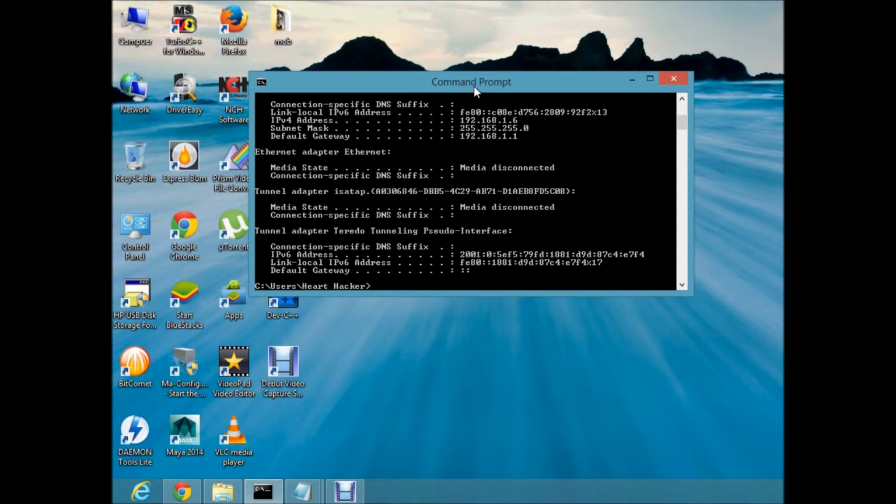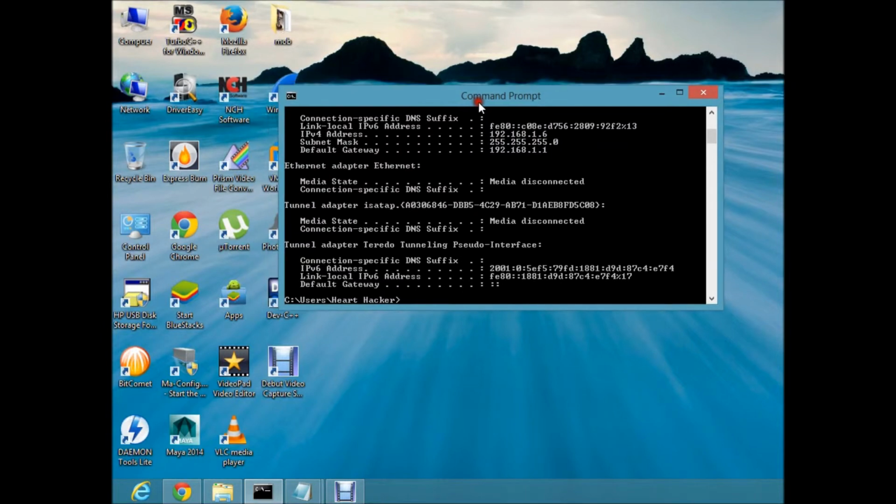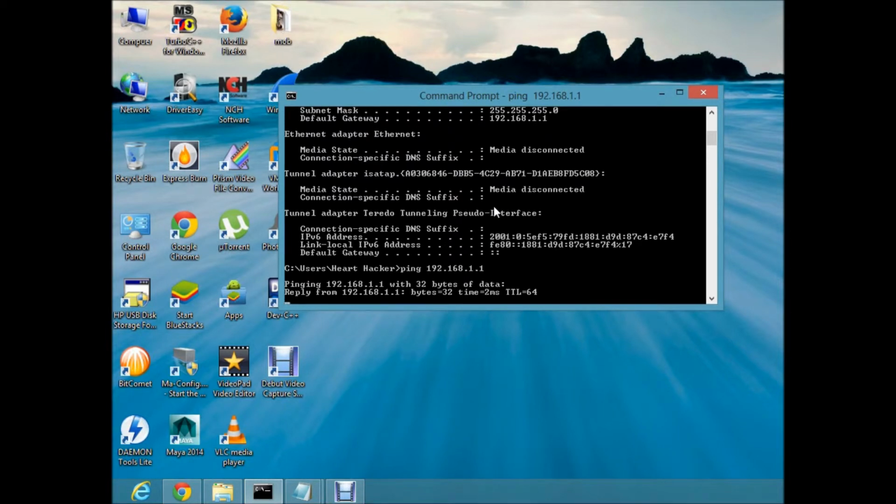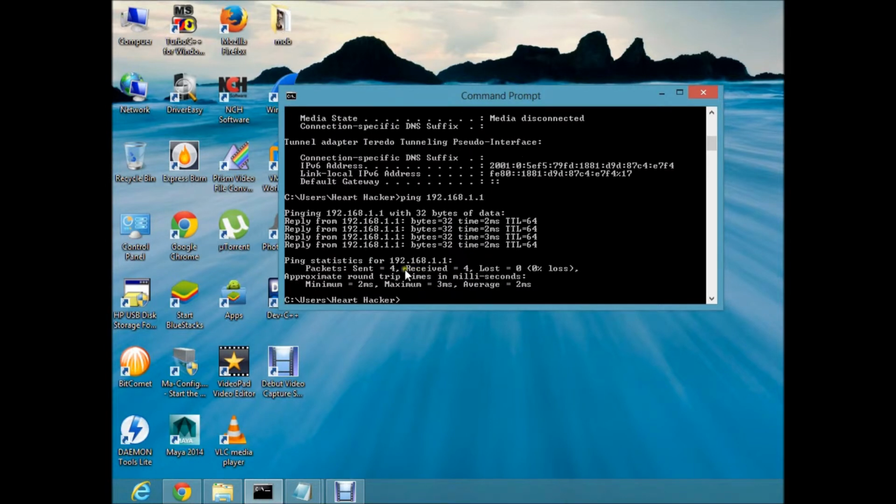So let's think. If I want to know whether 192.168.1.1 is on my local network, and is it online or not, meaning is it connected to me or not. So 192.168.1.1, yes, this is directly connected to me, because it is pinging. So that means this is connected.